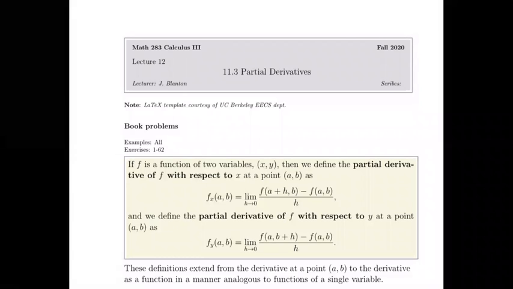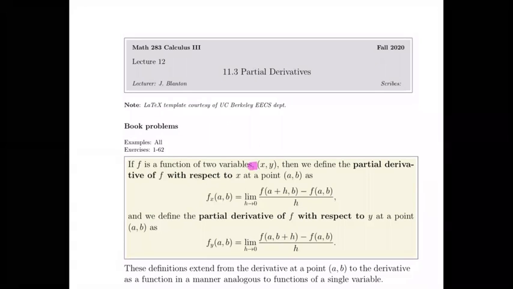Section 11.3 is partial derivatives. It's kind of a fun section where we'll learn to take derivatives of functions of several variables. We'll start with functions of two variables. x and y is the argument of a function f, and we'll define the partial derivative